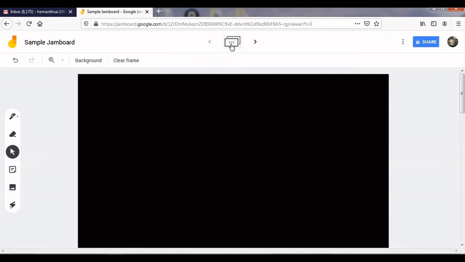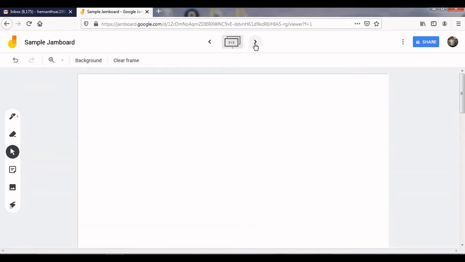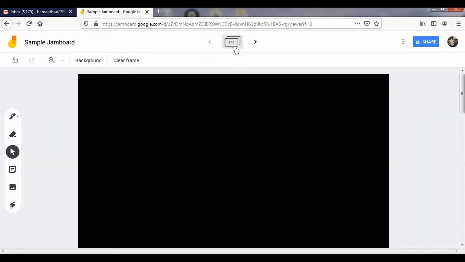Next, coming to the expand frame bar here, you can create a frame here. By clicking here, you will get the second frame like this, and if you want the third frame, click like this. If you want the fourth frame, click again like this. So in this manner we can create n number of frames by using the expand frame bar command.